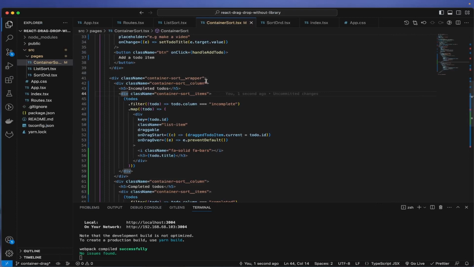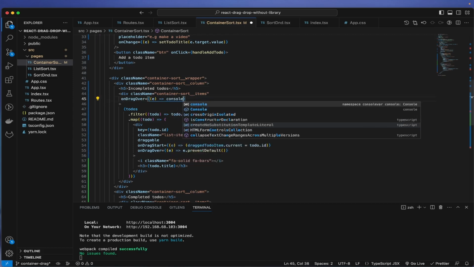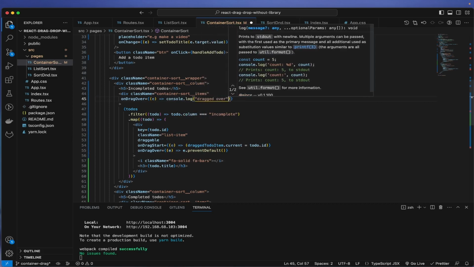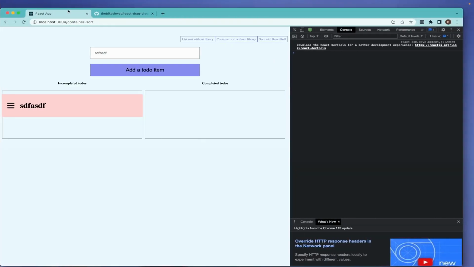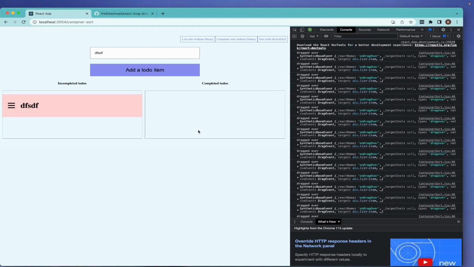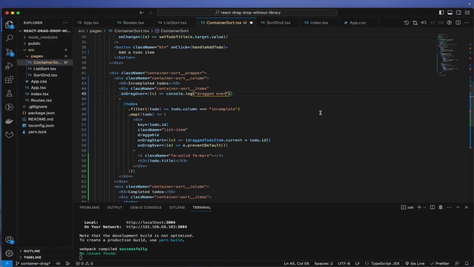Okay, so let's go to our column here, and let's do this inside this container, not in the main column here. Just inside this, we can do a couple of things. First, I can copy paste this so we don't run into that drag over property, and the reason is if I say console log dragged over, and then E. Now if I refresh and add something, you can see that every time I'm dragging over it, a lot of events fire, and we don't want this event to pollute our main activity, so that's why we want to have this